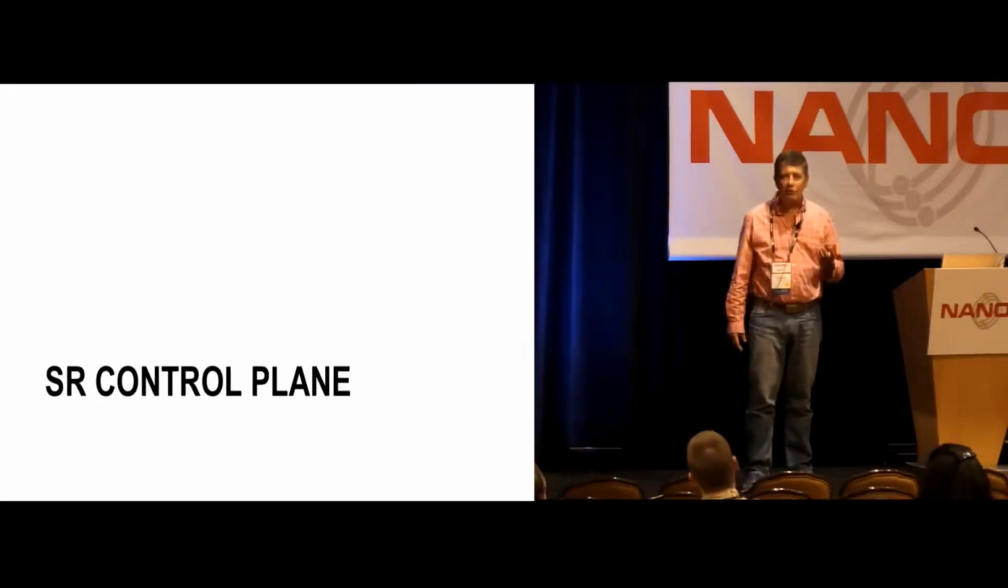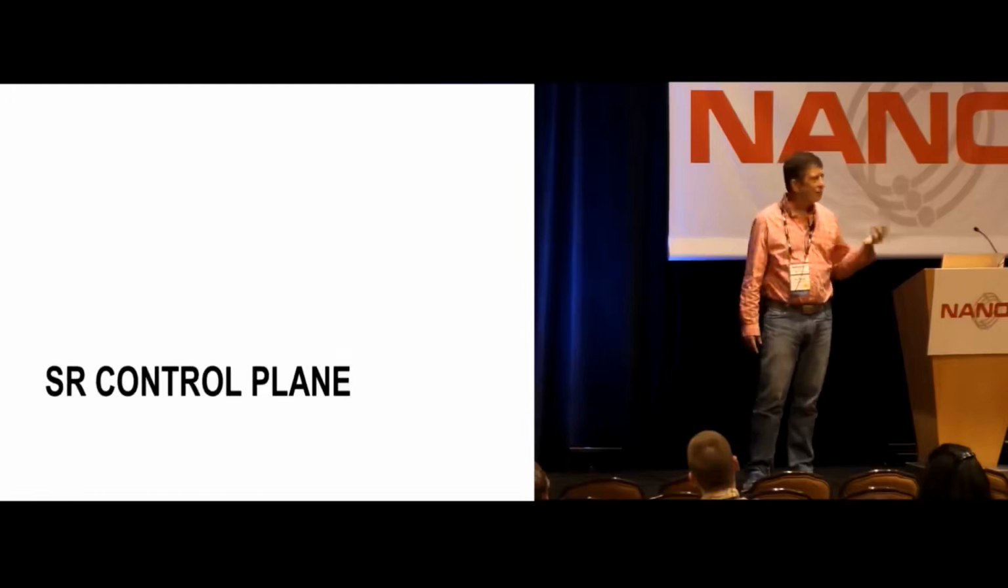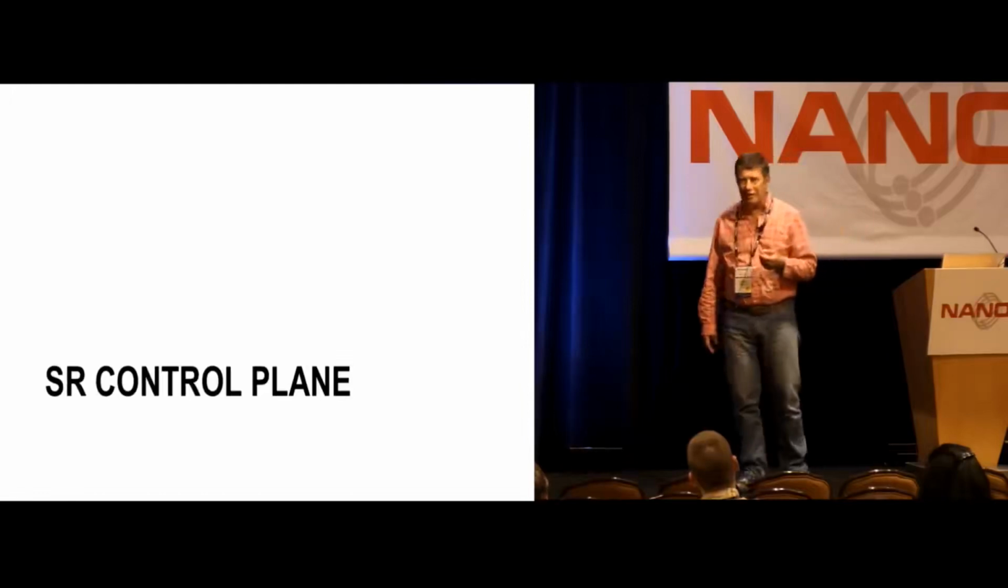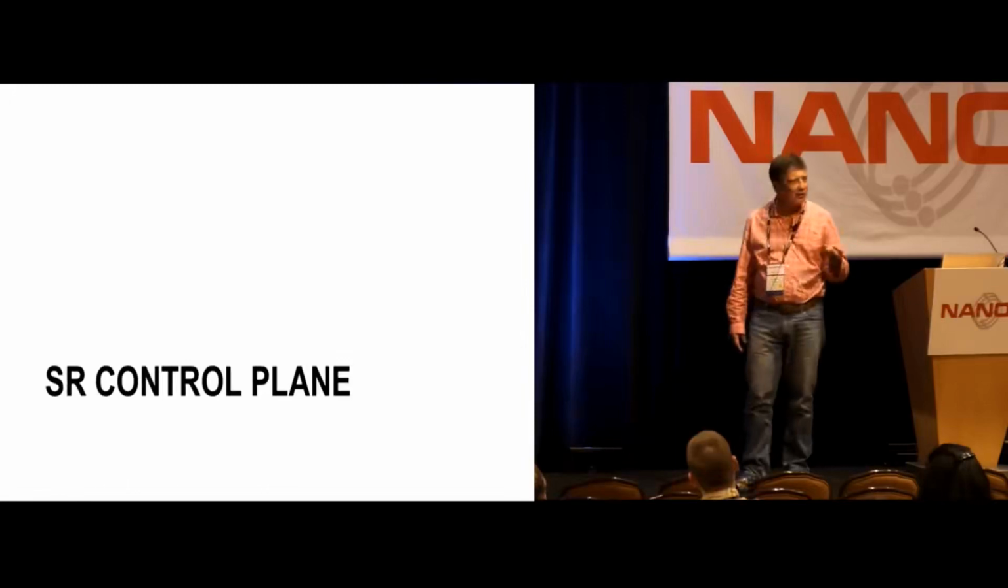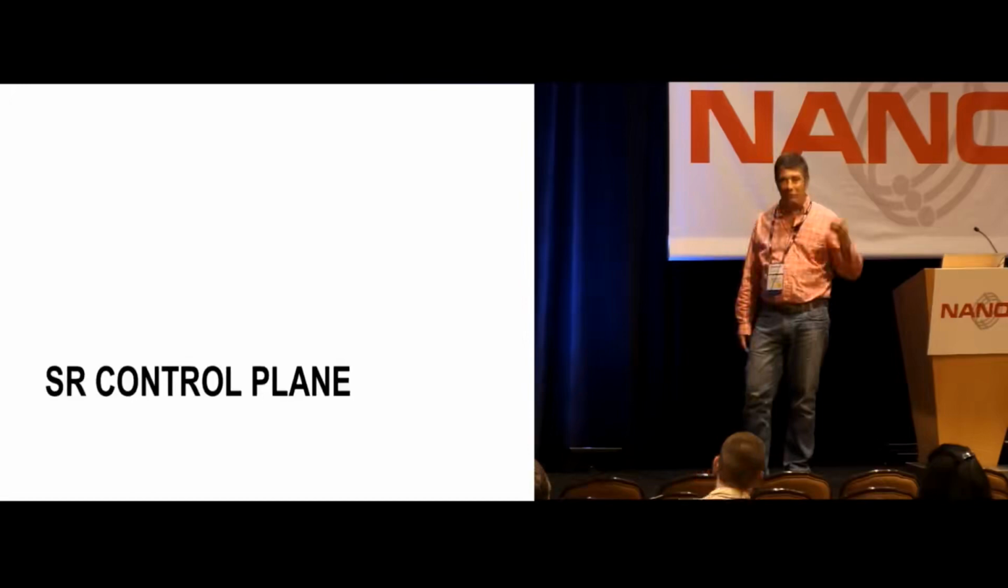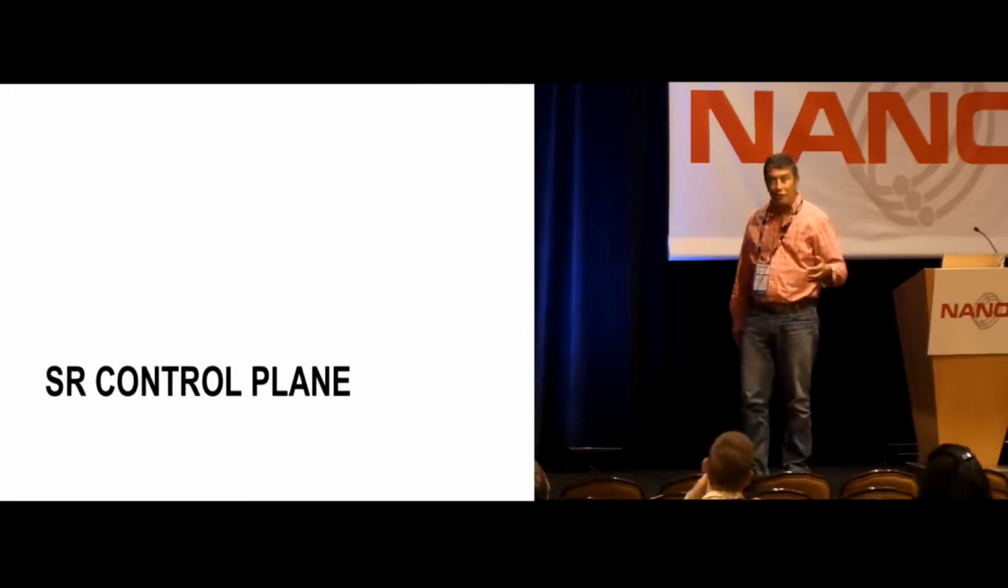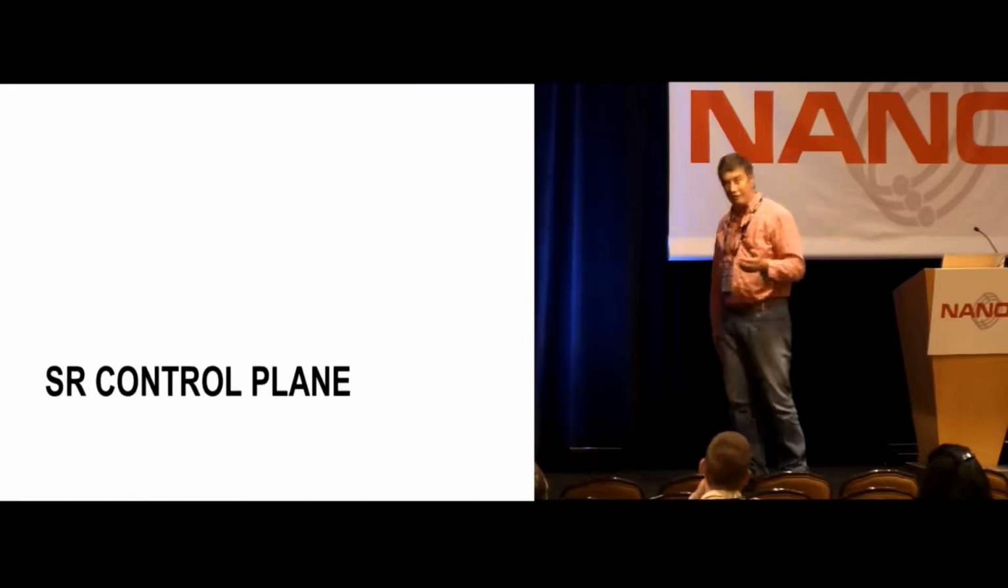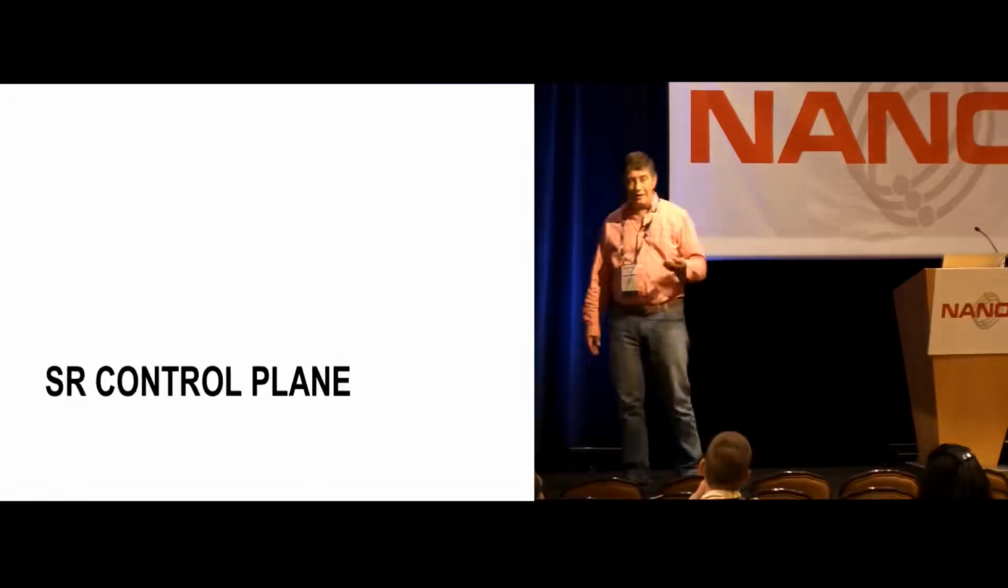What things do we have to do? What are the requirements for the SR control plane? Well, one thing we saw is that it had to calculate the path. The ingress router had to decide what labels to push. What segments do I need to visit? The second thing is